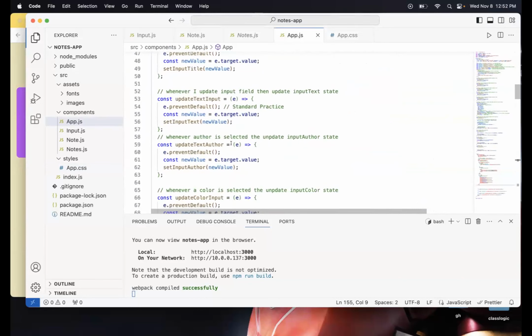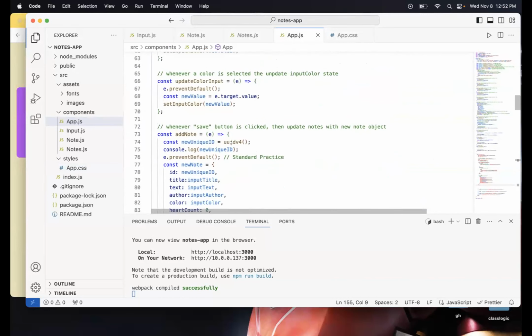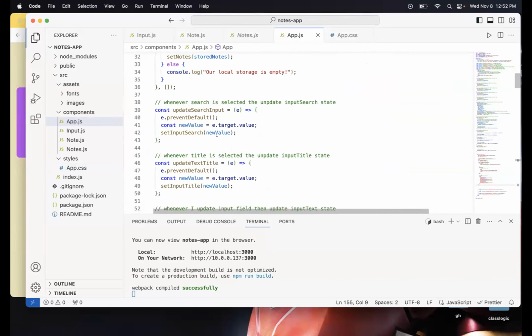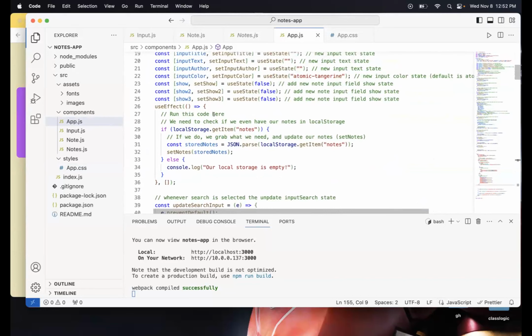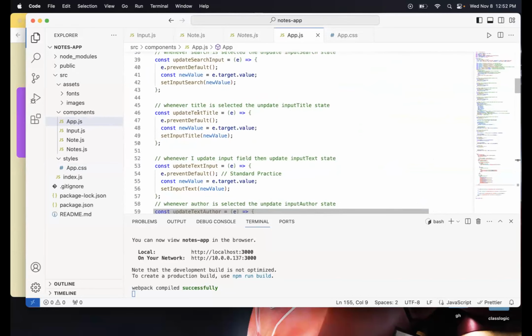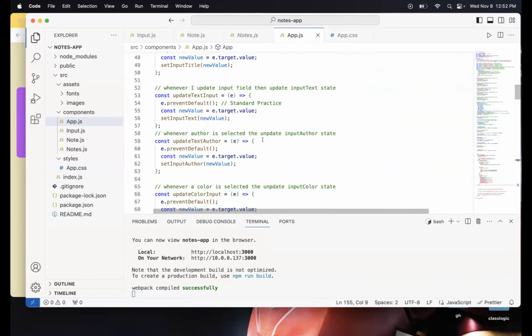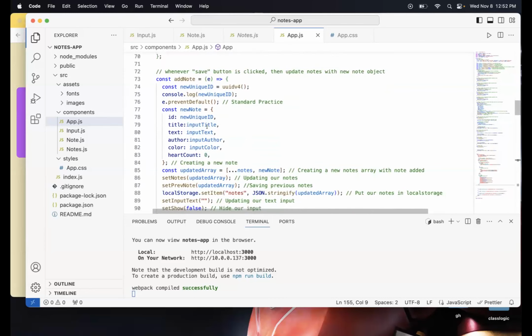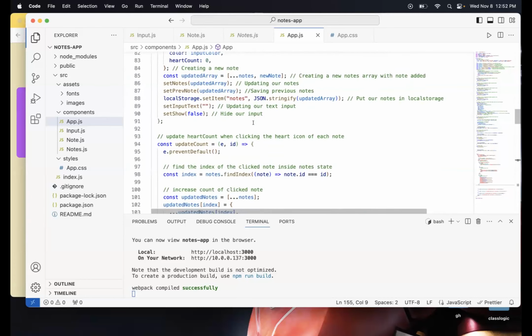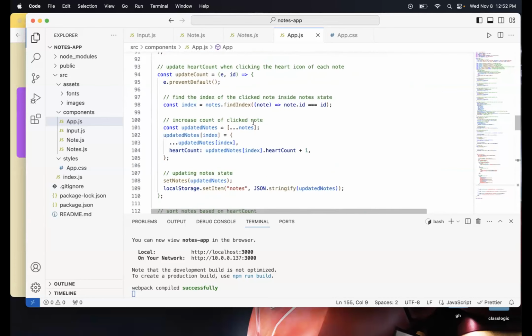And I updated the inputs into those variables using these event listeners over here. So I have search input, text title, text input. All these are the event listeners that are essentially taking the values from the form and saving it in the variables. Over here, we're sending in a new object every time we're adding it. And through this, we're showing the card.